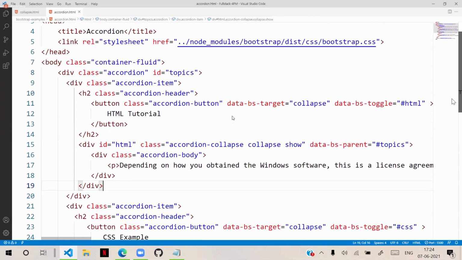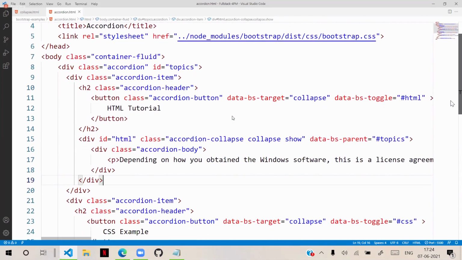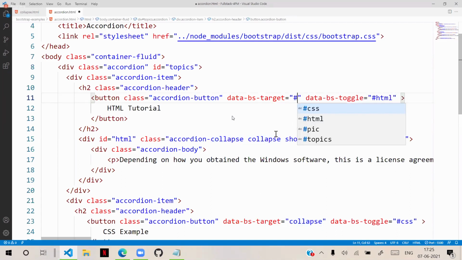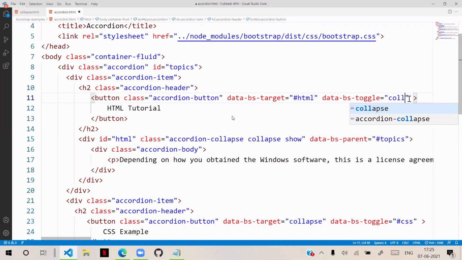This button should toggle, data-bs-target. Data-bs-target is wrong, we have reversed this, right? Data-bs-target is #html. Understood? Toggle is which one? Collapse. We reversed that. That's the only problem.